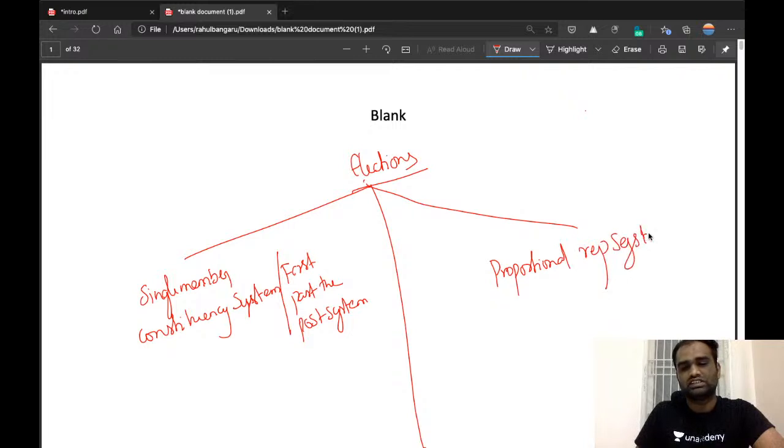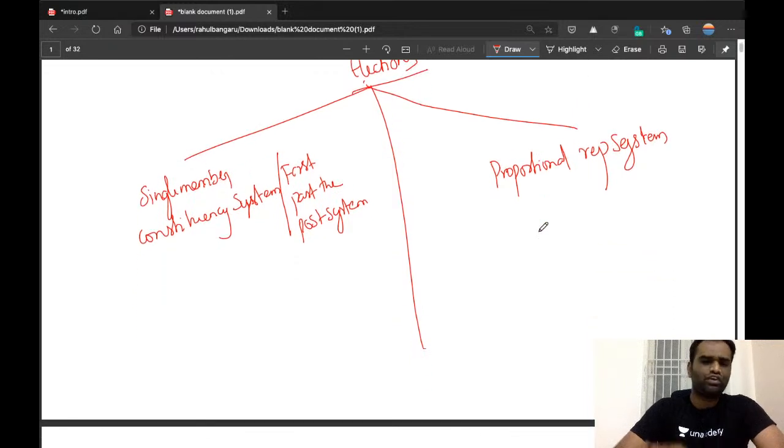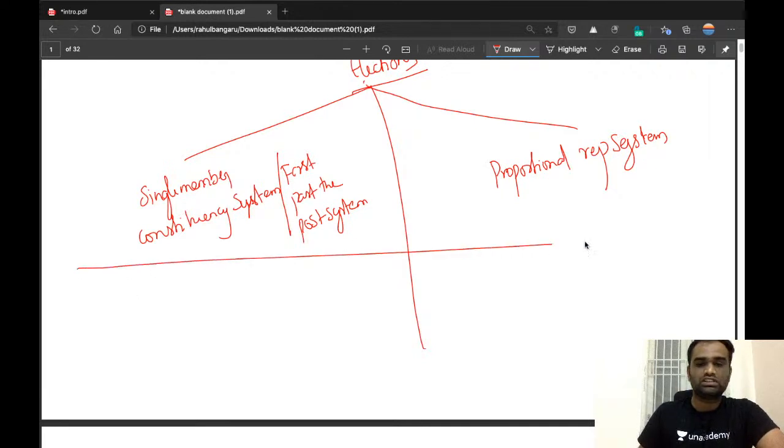representation system. As I mentioned before, there are different types of elections, but for our UPSC examination purposes we will be discussing only the important types of elections. Now here we will discuss the differences between the first past the post system and proportional